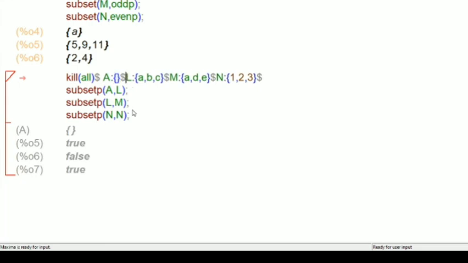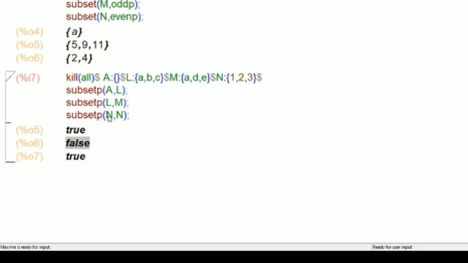I'll not show this one now. See here now. Whether your A is a subset of L? Yes. The empty set is a subset of L. The empty set is always a subset of all sets. Next, whether your L is a subset of M? No. Elements B and C are not present in M, whereas A is present. That's why L is not a subset of M. What is the subset definition? Every element of this set must be in this set. Then only this is a subset of this. But B and C are not present. Therefore, this will show you false.